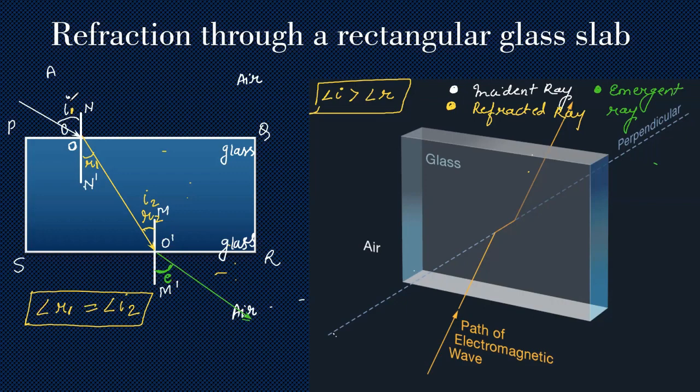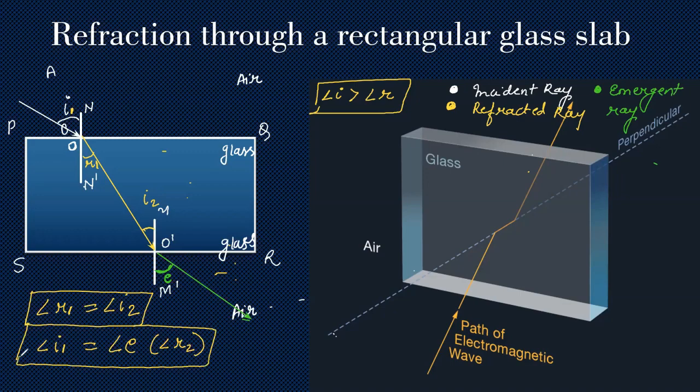So both of these being in air medium, these two would be equal. So I can say that the first angle of incidence is equal to the angle of emergence. We call this angle of emergence the second R2 because the refraction has taken place the second time over there. Okay, understood? So these are the basic things that we need to understand regarding refraction through a rectangular